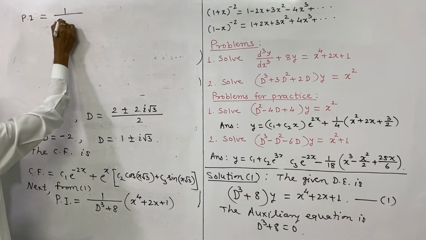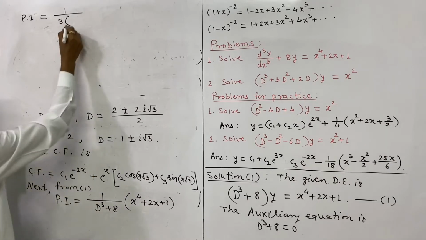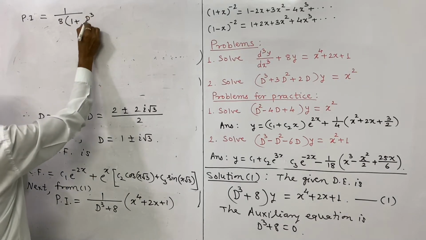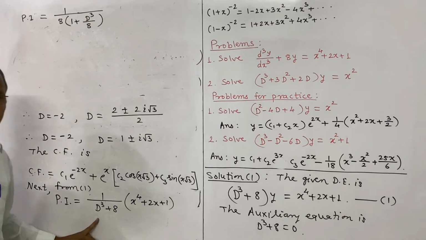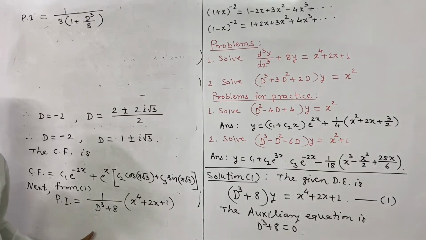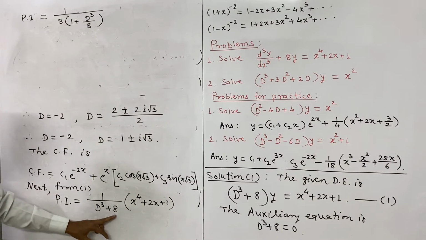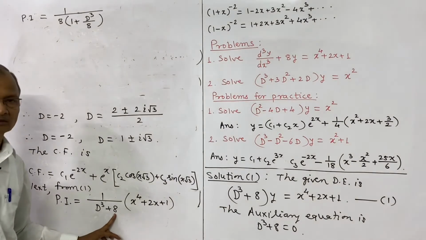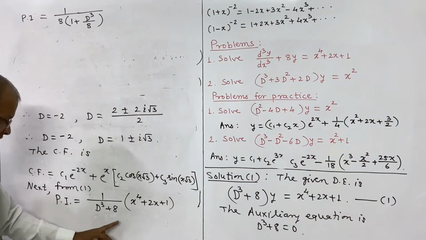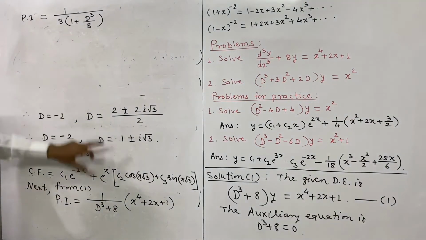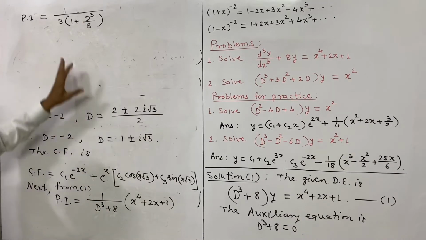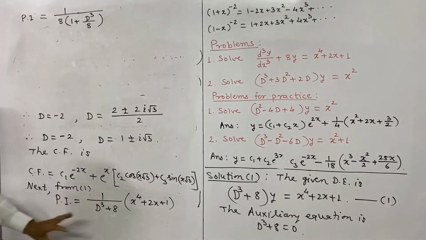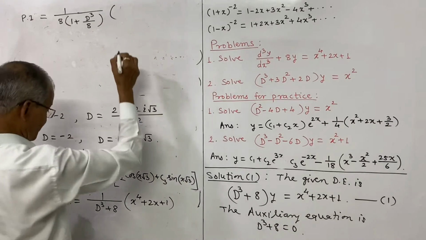And thus PI is equal to 1 over 8 taken common, and this term is written first, 1 plus D cube divided by 8. You note this. So how to express this term in the form of 1 plus or minus another function of D? That is easy. Take the minimum power term, here it is a constant. If it is constant, take that constant common and write in bracket the remaining terms. If you have taken 8 common, then the remaining term will be 1 plus, this is to be divided by 8, and the value remains the same, 8 plus D cube, and this is to be operated on x power 4